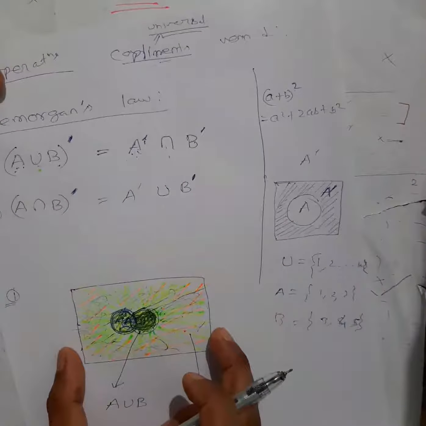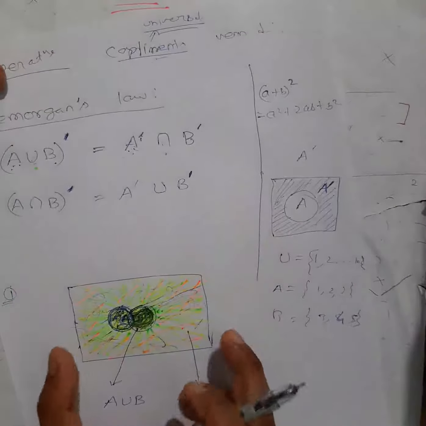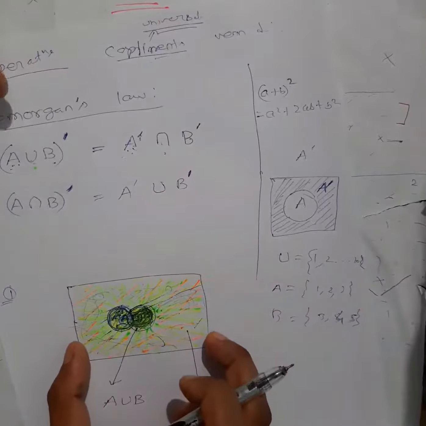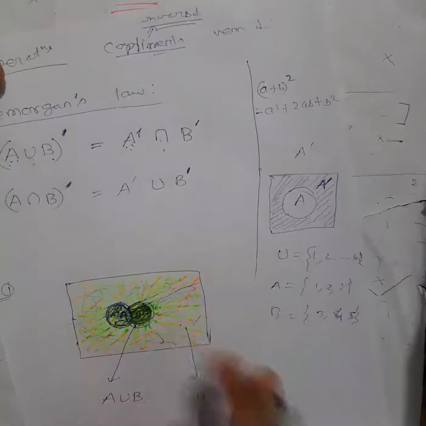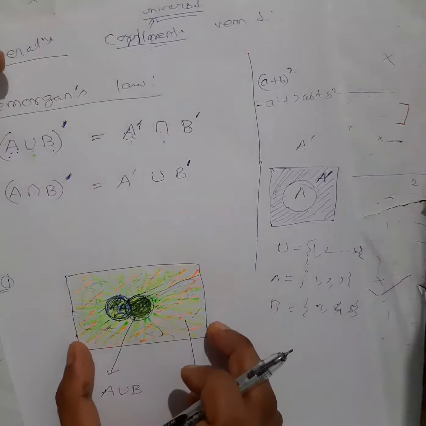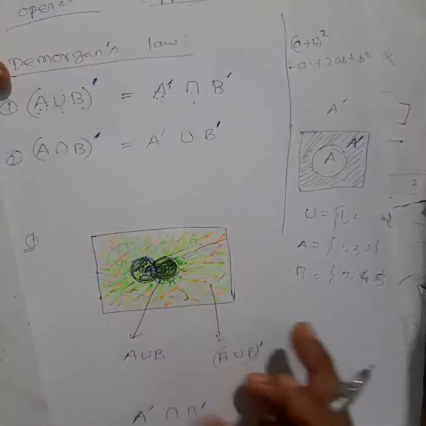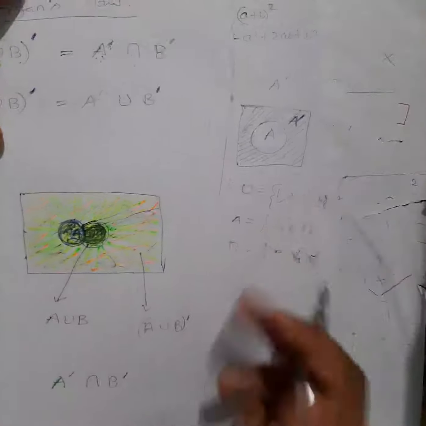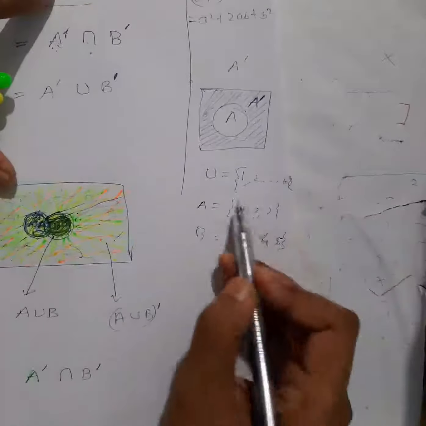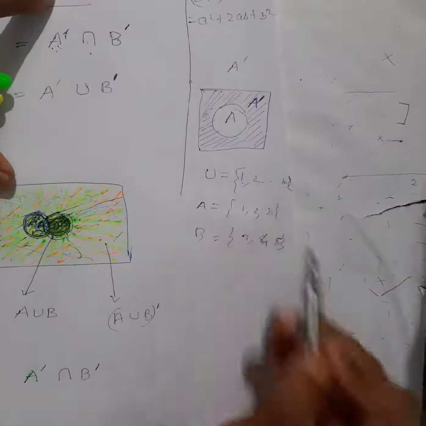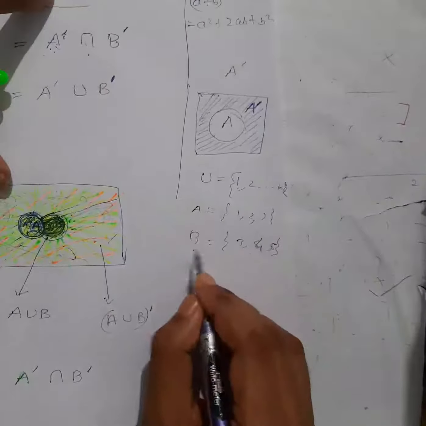It's much easier to explain this in the live class actually, by interacting with you, with physical presence, okay? But here I don't know whether you will be able to understand the way I have explained it or not. Okay, if you have not understood this way, you can take an example. For example, this one. Your universal set I have taken 1 to 10, right? A this one, B this one.